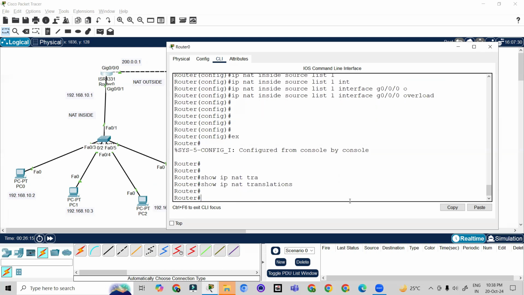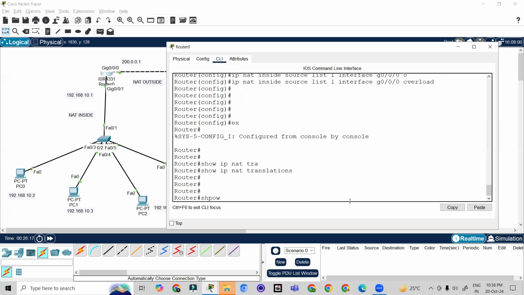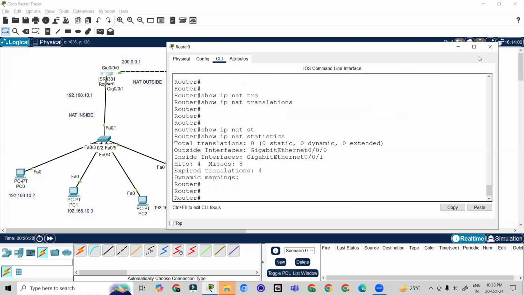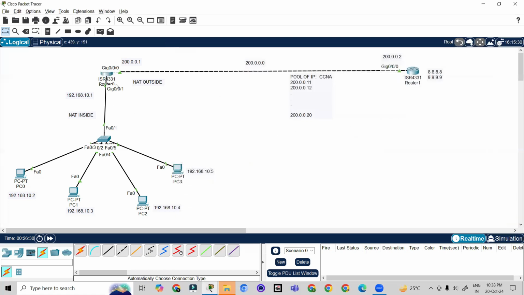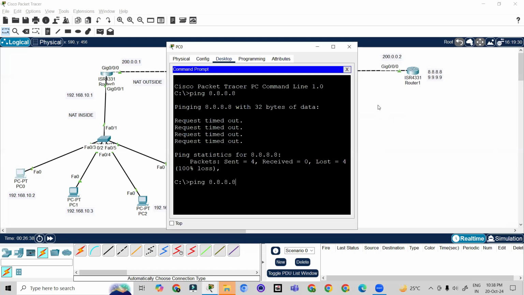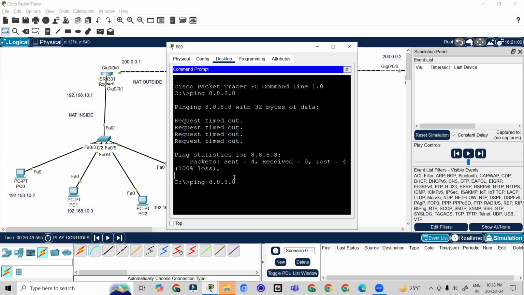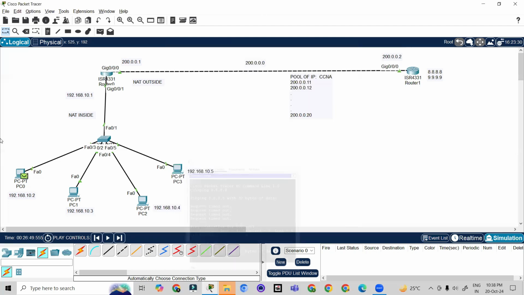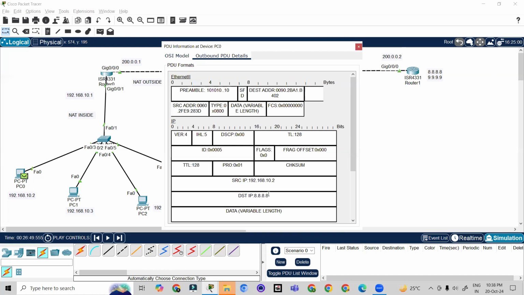Show ip nat translation. It will not show any translation, right or not? Show ip nat statistics. It will say I'm not doing any translation because nothing has been sent yet. So let me try to ping 8.8.8.8 again in the simulation panel and we'll see which IP address it will use. Okay, so ping 8.8.8.8, the packet will be generated with destination 8.8.8.8,